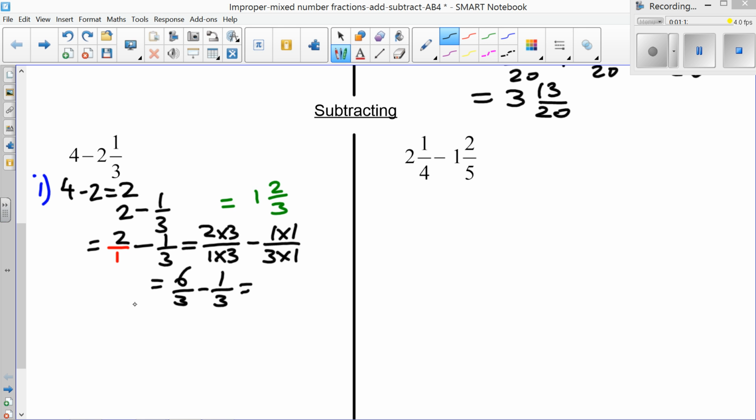Same denominator, so I can subtract the numerators. So 6 minus 1 is 5 over the common denominator of 3. 5 over 3 can be written in mixed fraction form. There's 1 three in 5, so that's 1 whole. That leaves 2 out of 3. The second method